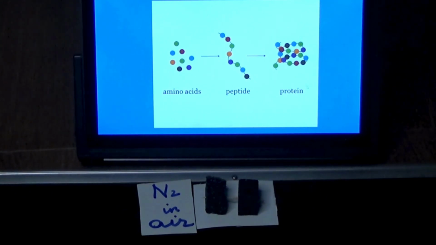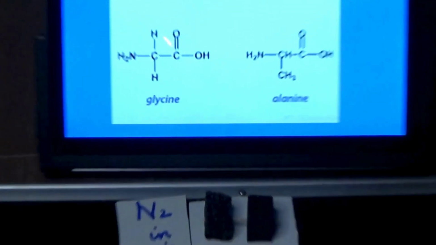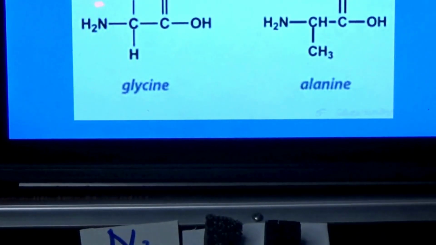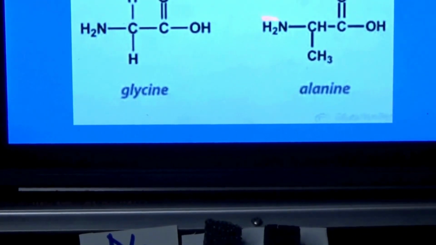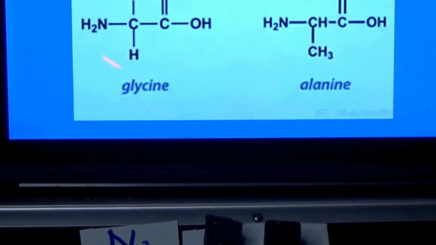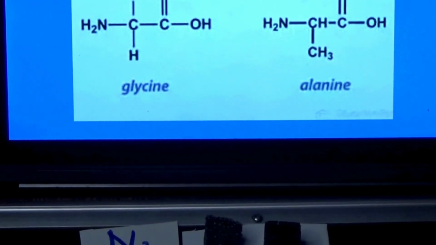So what are amino acids? These are themselves molecules made out of C, H and O, but other than C, H and O, there is one essential ingredient called N, or nitrogen. So without this nitrogen, amino acids cannot be made. There are around 20 kinds of amino acids which build our bodies.